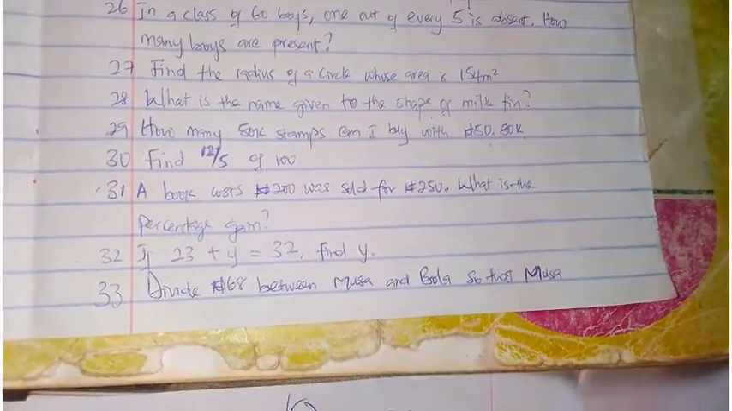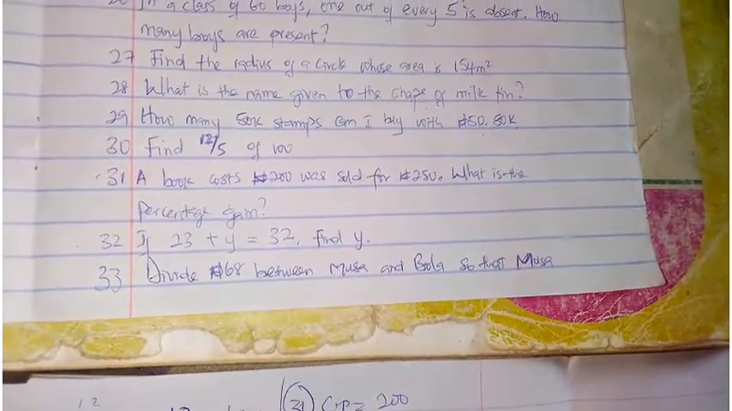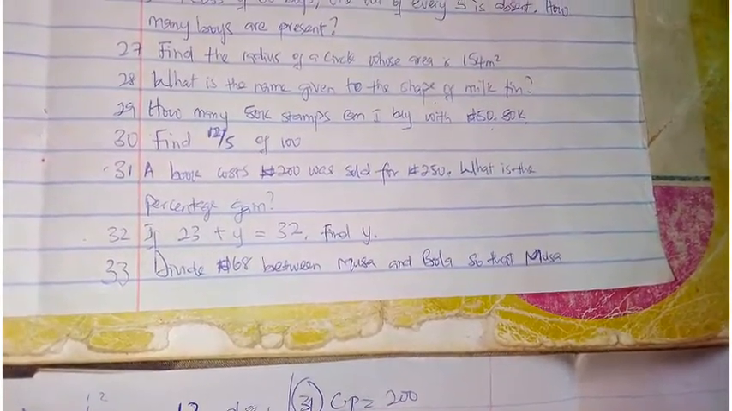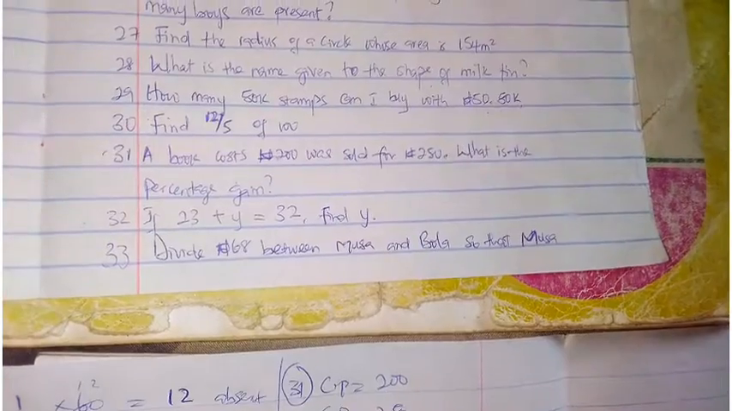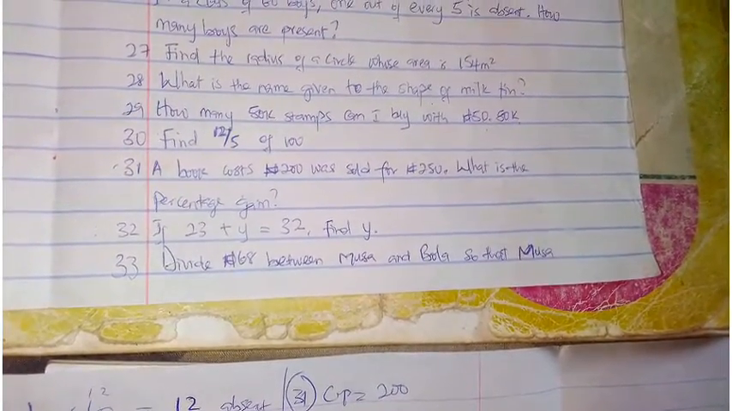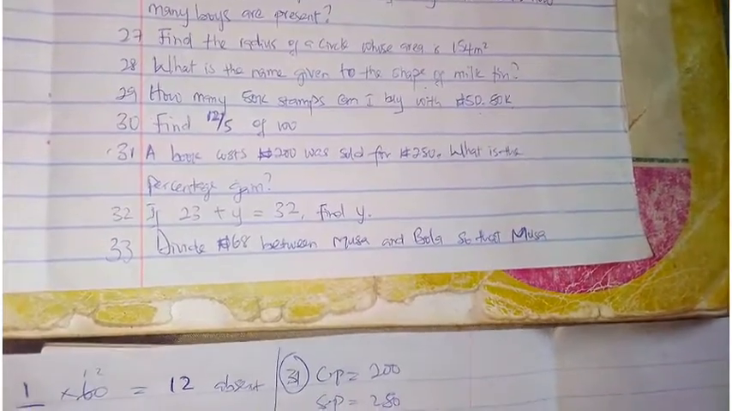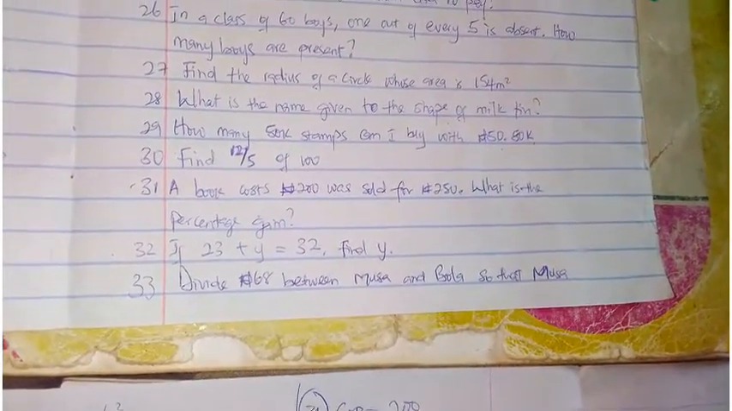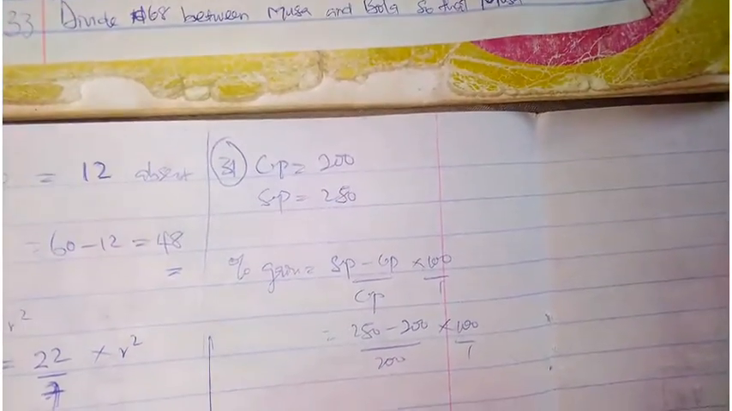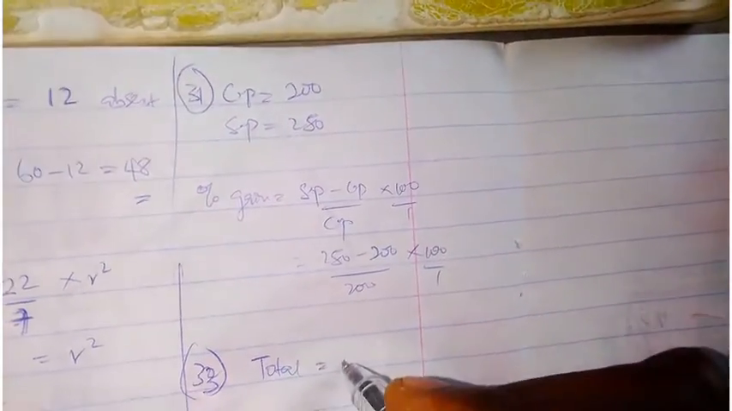Number 32 question says, if this is equal to this, find y. My y in this case is 9. That should be my y. 33 question says, divide 68 naira between Musa and Bola. So the total money they have to share is 68 naira, I'm to share between Musa and Bola such that